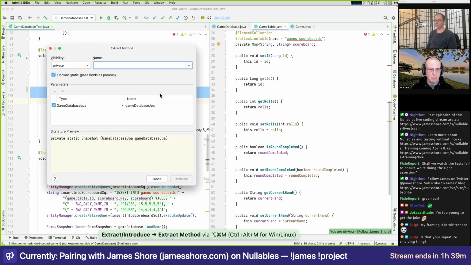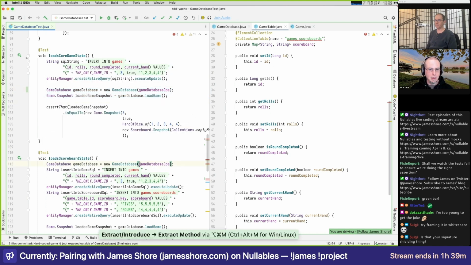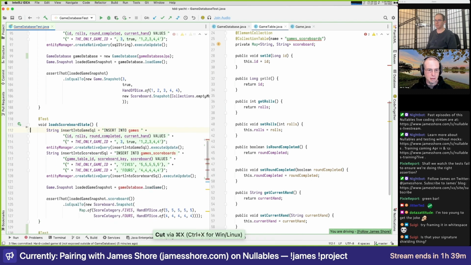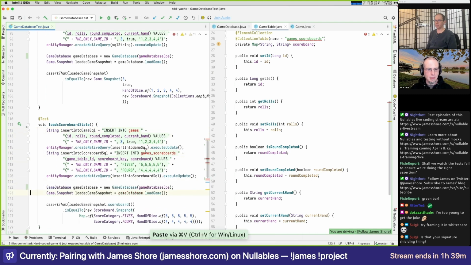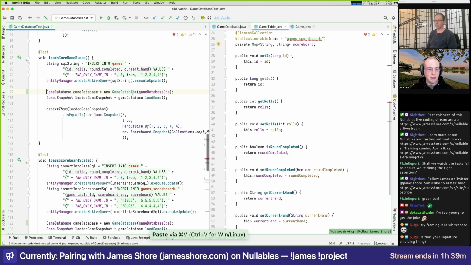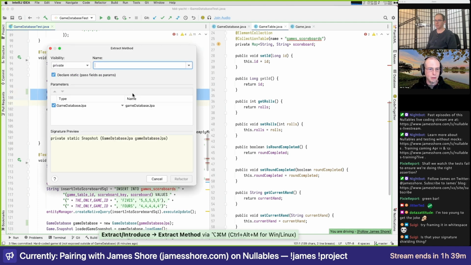So actually, I'm going to do that. And let's make it easier for IntelliJ to help us. I think just load game is what I would call it.